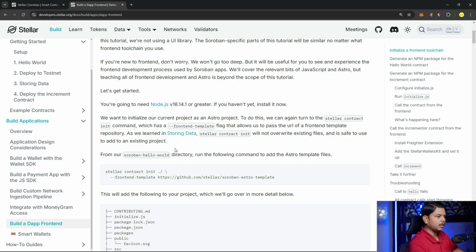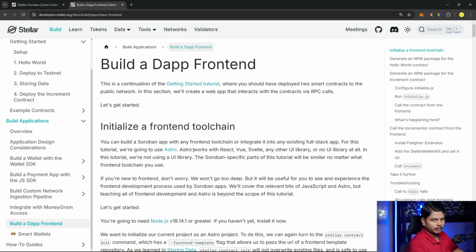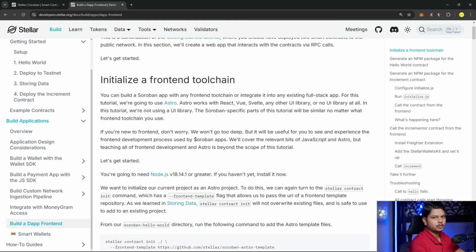So we will be creating a counter contract, and for that counter contract, we will be creating a front end. And for the front end part, we are going to use Astro. This will actually help us create our decentralized application. And you can use React or Vue, Svelte, whatever you want, but we are going to stick